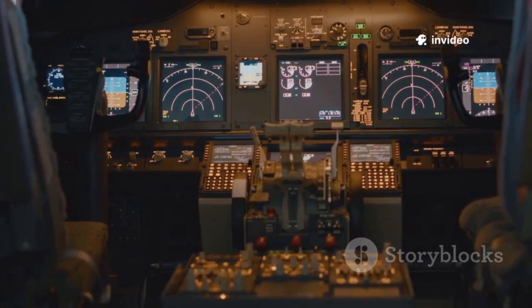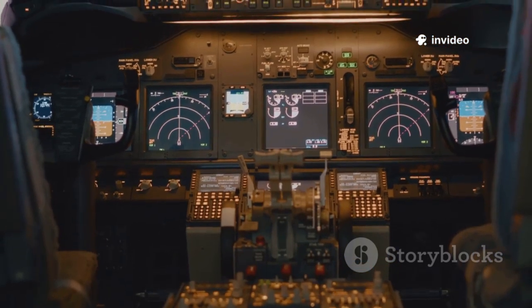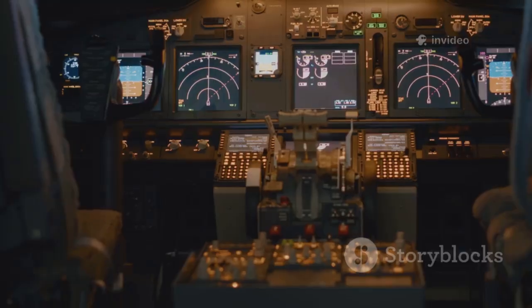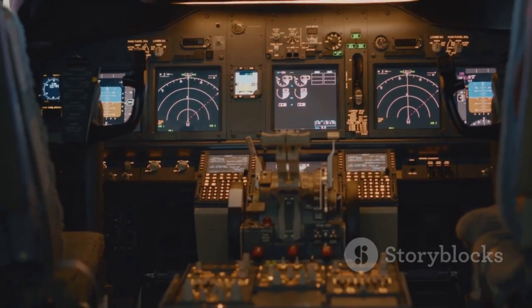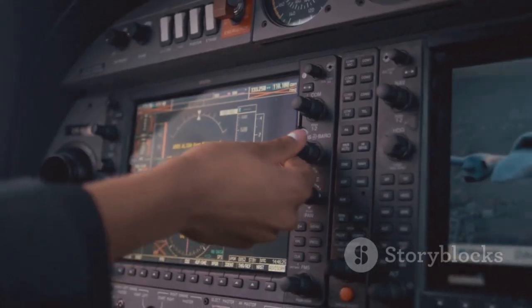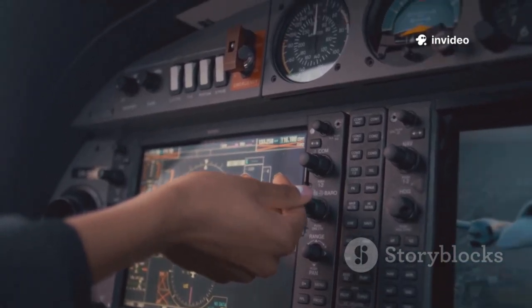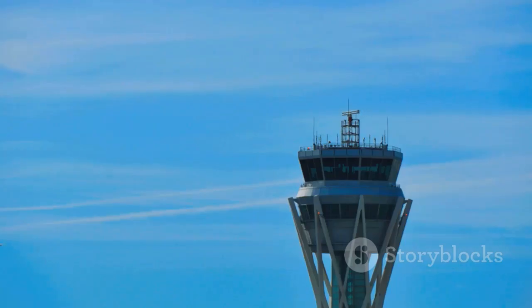Mastering the use of these critical tools transforms a pilot from someone who simply flies an aircraft into a true navigator of the skies, capable of handling any situation. Aviation navigation systems act as our road signs and GPS, providing essential guidance, creating clear, predictable, and standardized paths that ensure a smooth transition from departure to a safe arrival. This highly organized structure allows thousands of aircraft to safely share the sky every single day, minimizing risks and maximizing